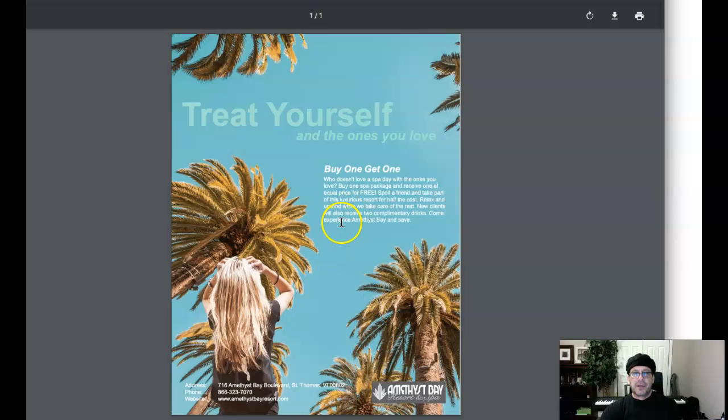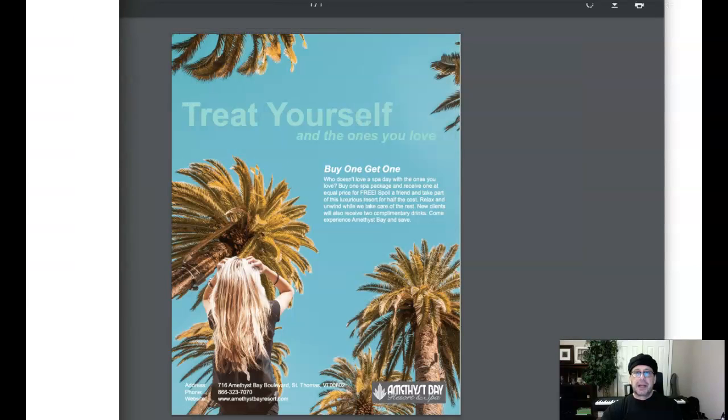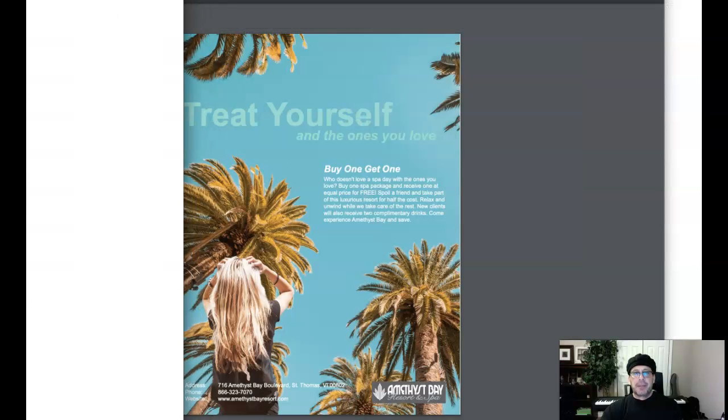Okay, so the first thing I see is it looks like you're using the correct typefaces. However, this is a subhead, so that should be Arial bold italic. We have Arial bold for the headline, Arial bold italic. You can use Arial bold italic for the buy one, get one, and then regular Arial for the body copy. Now, as far as typography goes, I'm going to take my straight edge right here, and I want to show you how to set up a margin. But right now, that margin, actually, you're pretty good. You're in pretty good alignment there, so that's excellent.